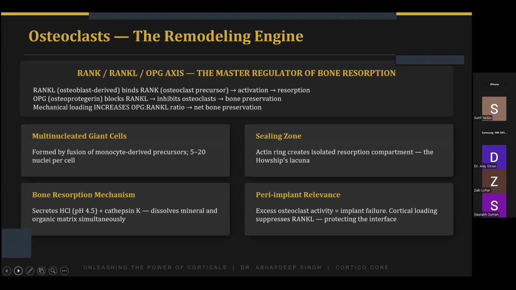Beyond this, there is an activation process, then there is a resorption process, and then there is a bone preservation or bone formation process. Osteoblasts are the bone forming cells. Osteoclasts are the bone resorbing cells. Osteoclasts come first when there is any kind of stimulus in the bone. Your bone reacts via osteoclasts. The signal is given to the osteoclasts and they start resorbing the bone around that stimulus, around that trauma, around